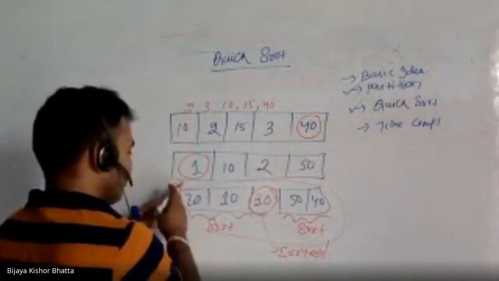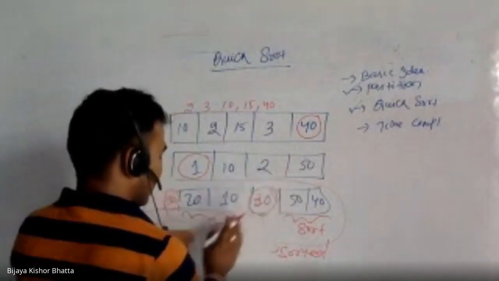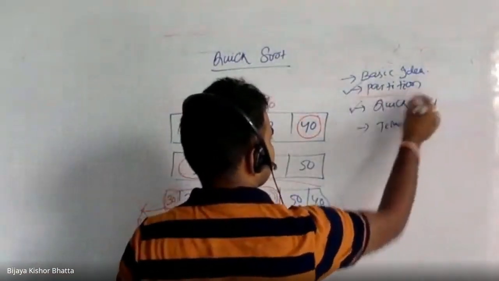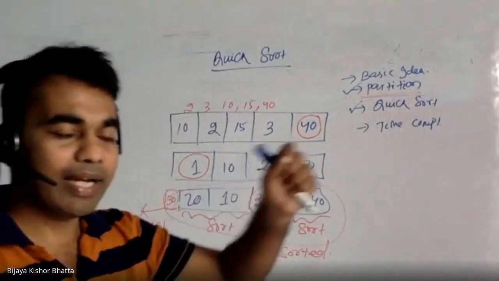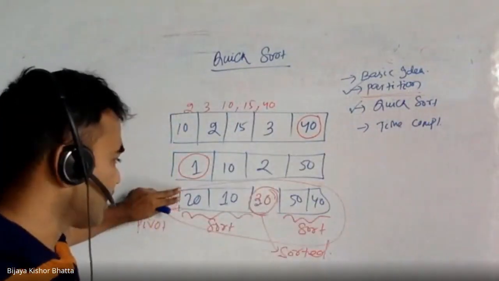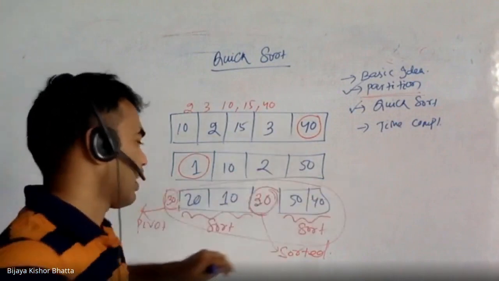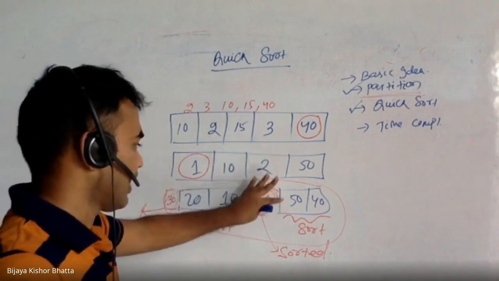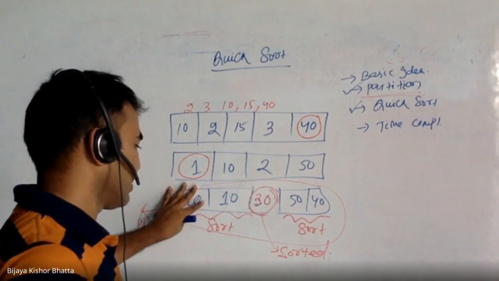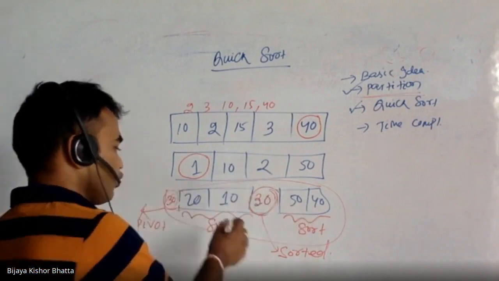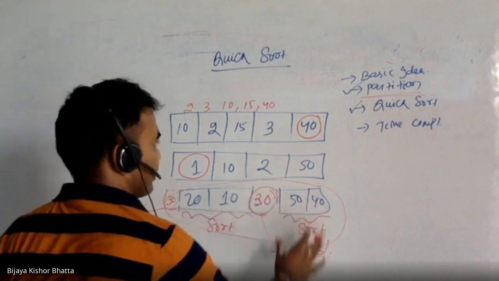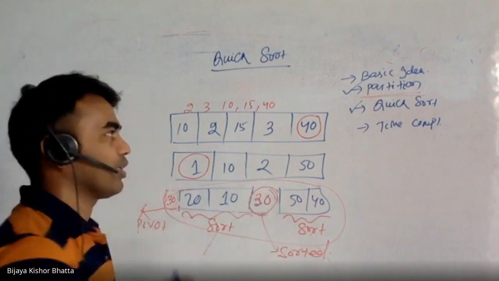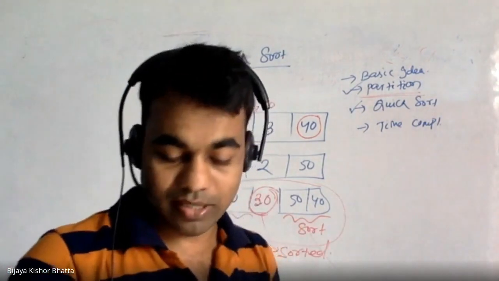And this technique is known as the partitioning technique. I found the position of 30, it is here, and after that I partitioned into a left part and a right part. That's why this is known as partitioning. Choose an element, an arbitrary element, or the beginning element, or the last element, and find its appropriate position. Once you put it, the left part and right part are ready, so the division will happen. Again, the same rule will be applicable on each part. This is the basic principle of partitioning.